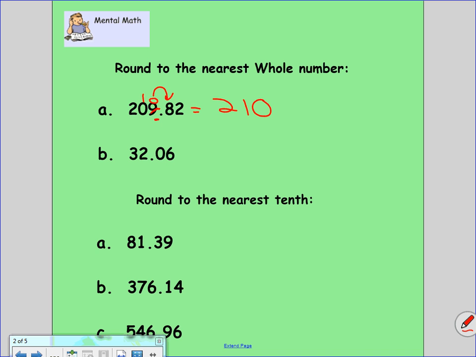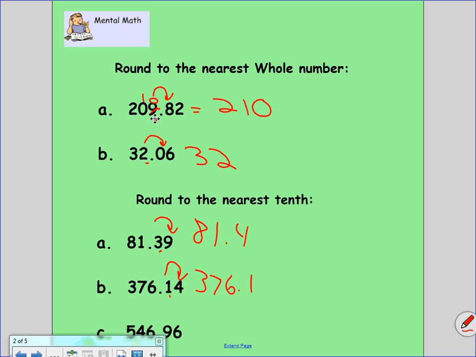Next one is 32.06, 32 and 6 hundredths. Looking at the 2 here, I'm looking over at the 0. The 0, I'm just going to keep it at 32. And keep on moving along here. Round to the nearest tenth. My tenth place is right here because the 9 is in the hundredth place. Look to my right. The 9 is larger than 5, so it's 81.4. Looking at my tenths, looking to my right. That 4 is smaller than 5, so I'm going to have